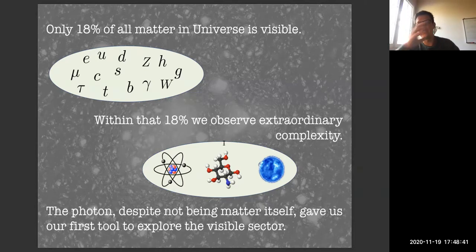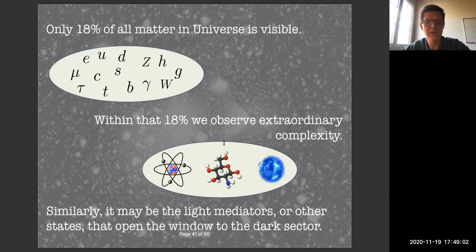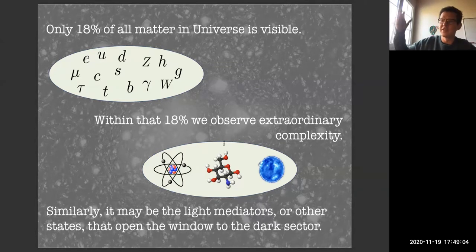If we didn't understand the standard model, and we were looking at, say, 18% of matter being just something, we might assume it's just one particle, something like the proton, perhaps the proton and the electron, maybe hydrogen or something, and that would completely miss the point of the visible sector. And we should be careful not to make the same mistake with the dark sector. So it could be that the dark sector contains stable heavy states, but it could also contain all sorts of other things as well.